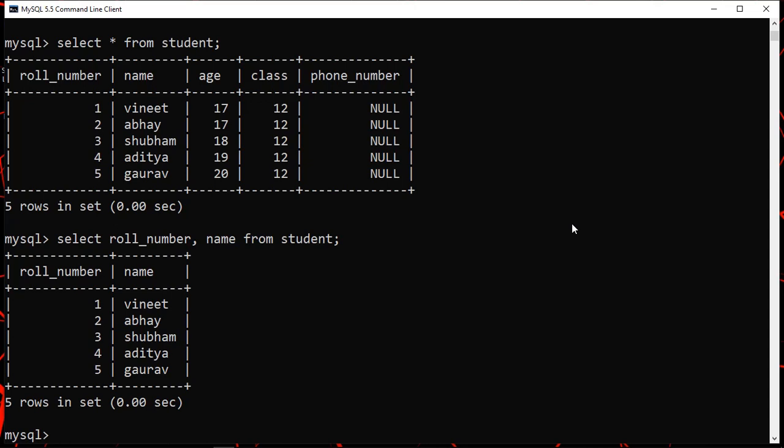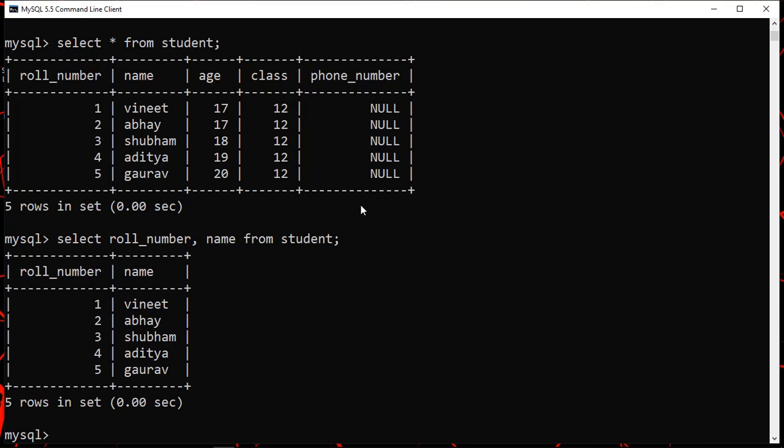So it can be according to the situation, whatever the user is demanding, you have to give the commands according to that. Now whatever selection we have done is for the particular fields that we have selected, only these two fields, roll underscore number and name. What if we want only 2 or 3 records to be shown, or a specific record, such as a name that looks a certain way? Now let's check what different commands we can give for the rows also.